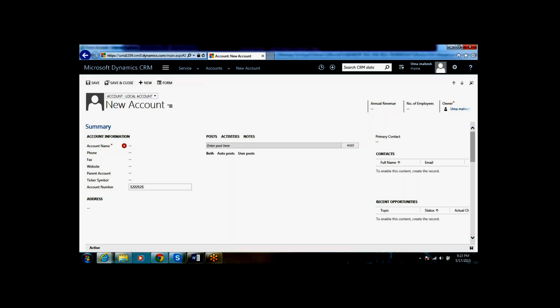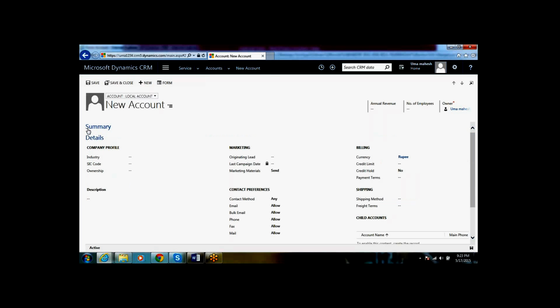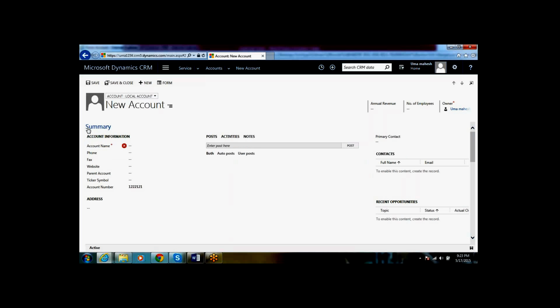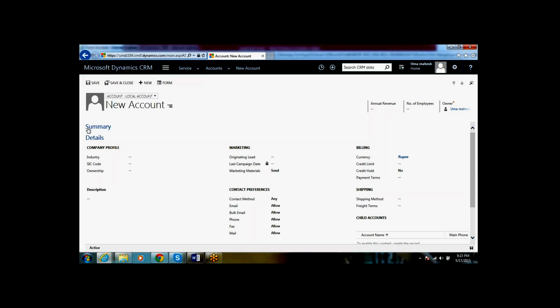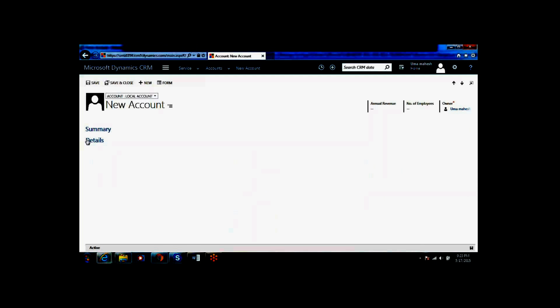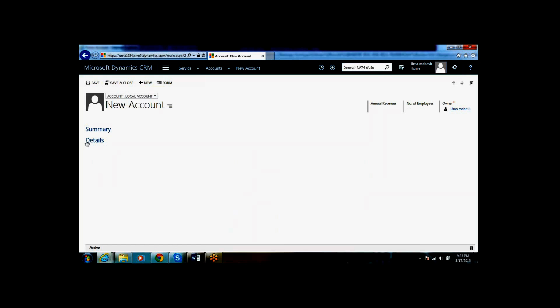Next, the tab state change. For tabs we have a property like expand and collapse. When you expand and collapse, it changes the status of the tab.